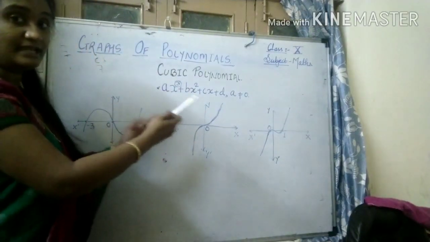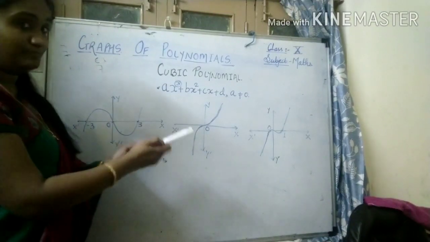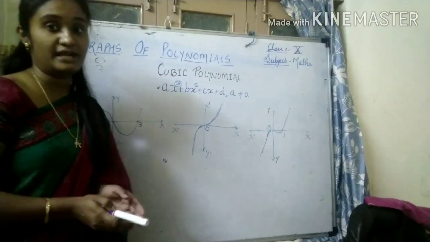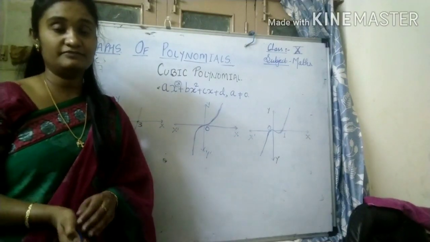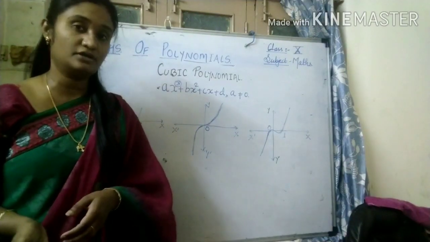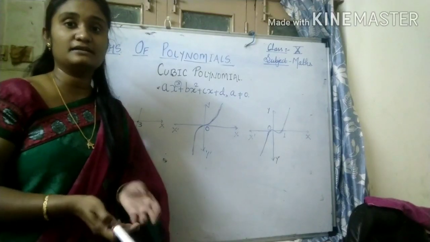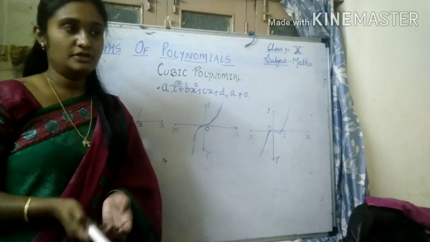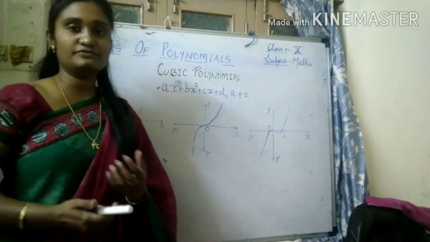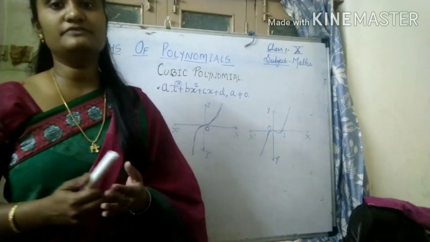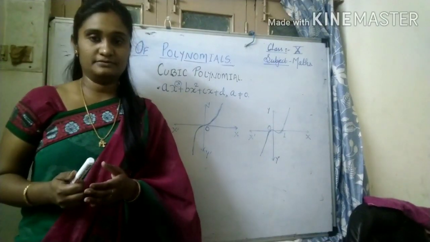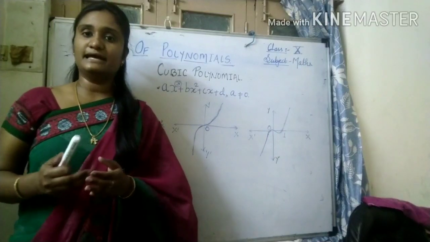Try and recognize the type of curve which you are able to see. If it is a straight line, it's a linear polynomial. If it's a parabola, it is a quadratic polynomial. And if it's a freehand curve which meets the x-axis at 3 different points, it's a cubic polynomial. So in short, the number of zeros depends upon the number of times the curve meets the x-axis.